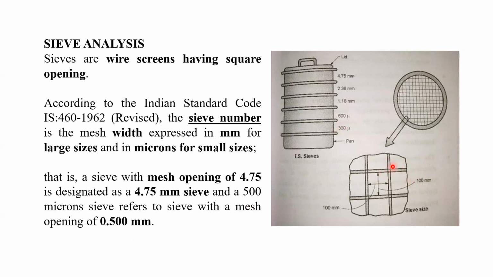We can see here how we can distinguish the size of the sieves. Suppose you have a 100 mm sieve. In that case, the pore size of that sieve will be 100 mm by 100 mm. This is the meaning. Suppose you have the 4.75 mm sieve; in that case, the pores will have dimensions 4.75 mm by 4.75 mm. Similarly, if you have the 2.36 mm sieve, we can say the pores will be 2.36 by 2.36. Likewise, we can designate the various sieves.